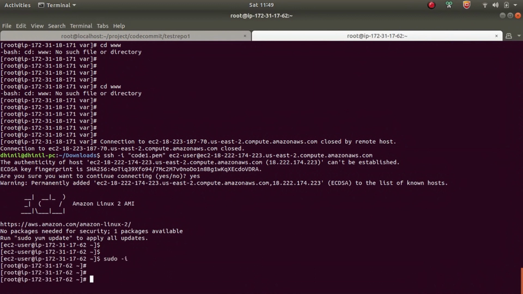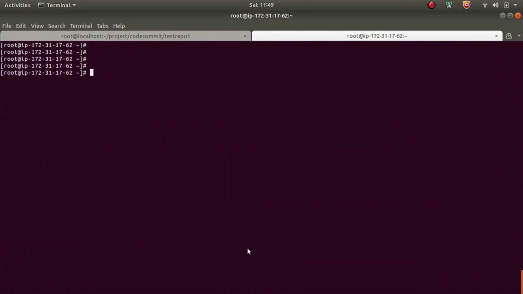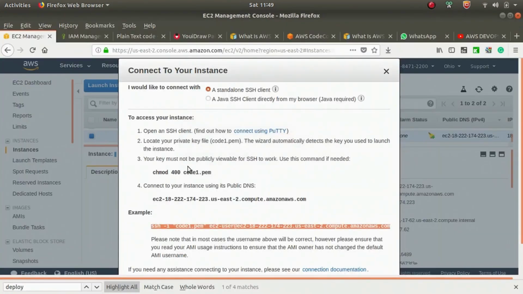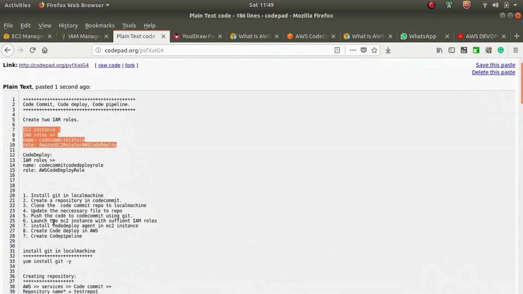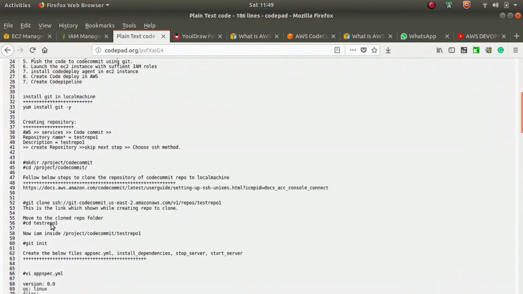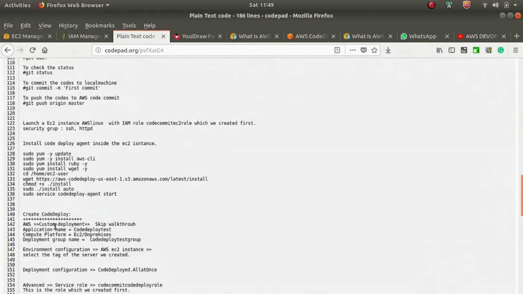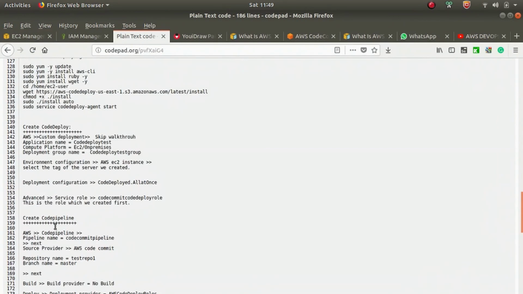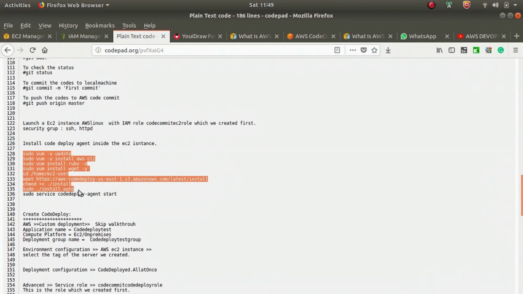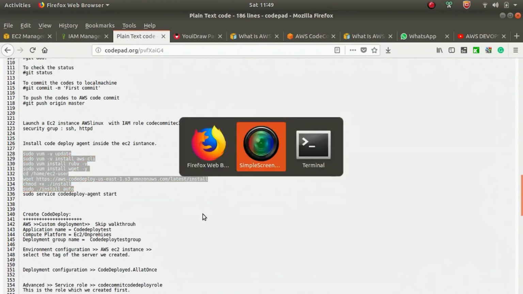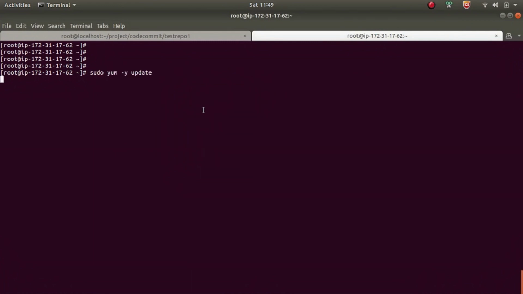Inside this EC2 machine we need to install the CodeDeploy agent first. So these are the steps to install the CodeDeploy agent. Just copy all this and paste here.